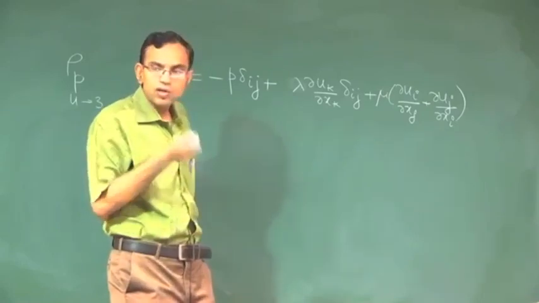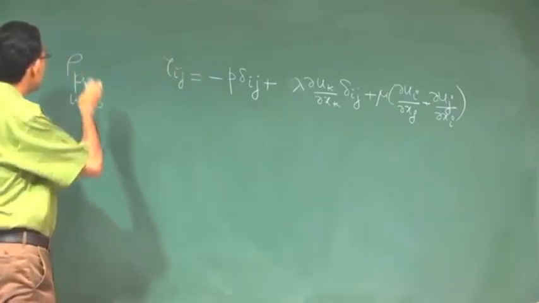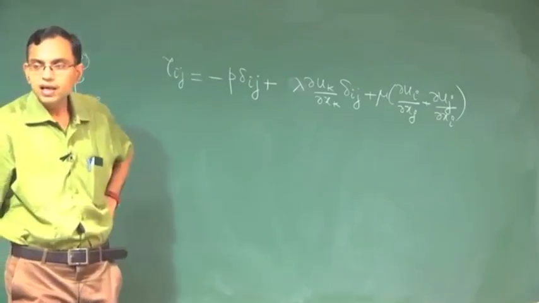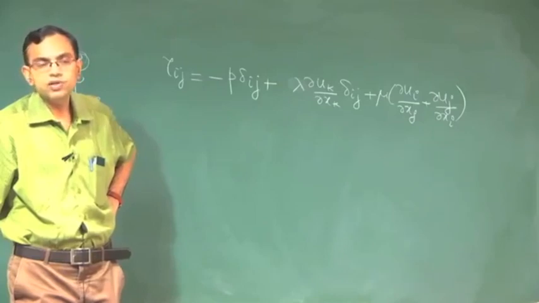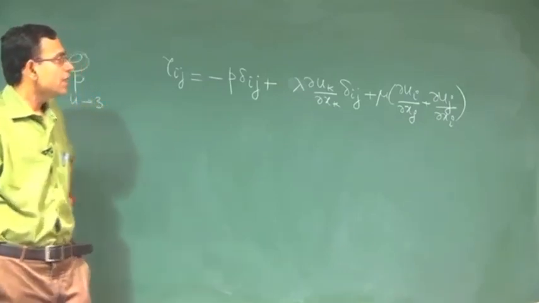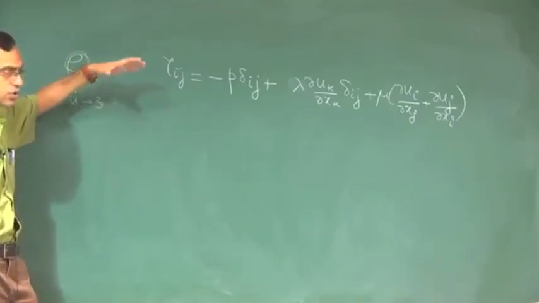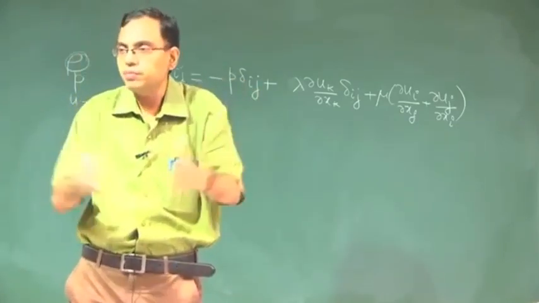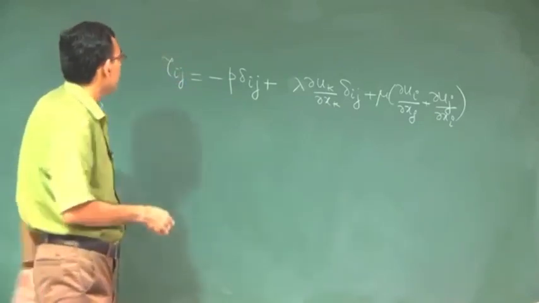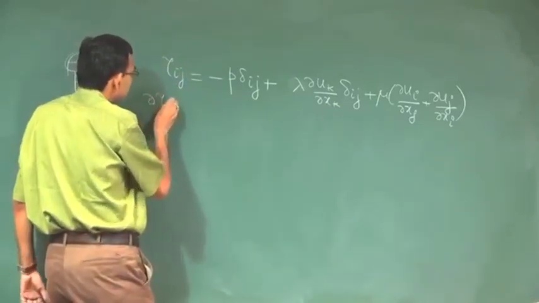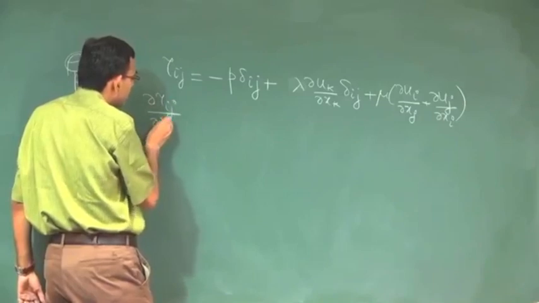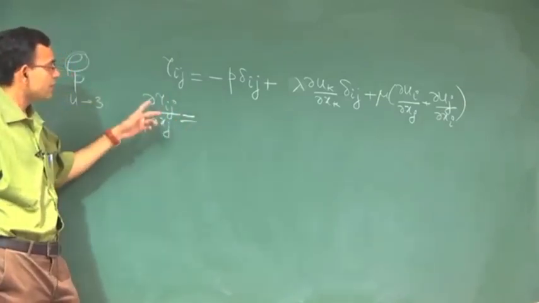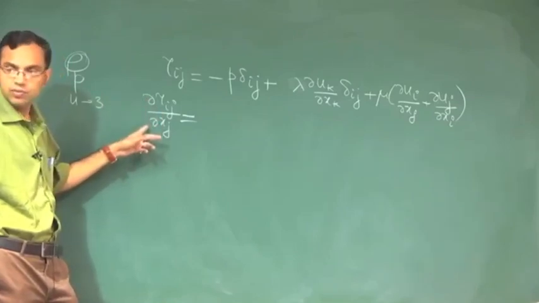So, it may close the system only if either rho is constant or rho is specified. We will see what to do if rho is not a constant or not specified, but assuming that this is leading us towards a closure, that is we are reducing the gap between the number of equations and number of unknowns, let us evaluate this derivative to complete the description of the equation of motion. That was there in the right hand side of the Navier's equation if you remember.